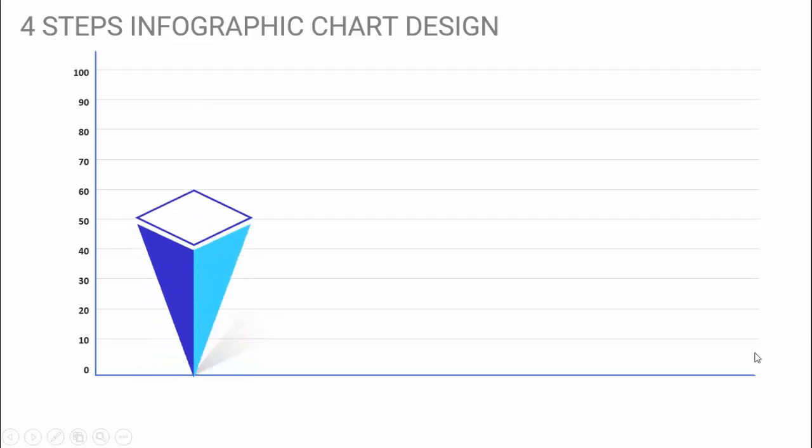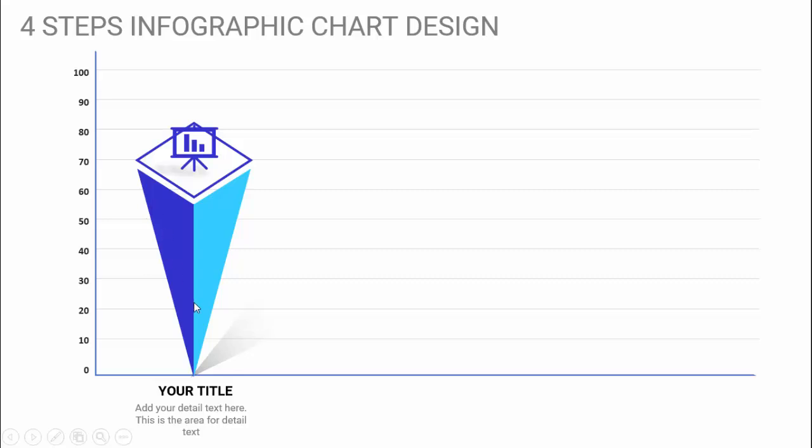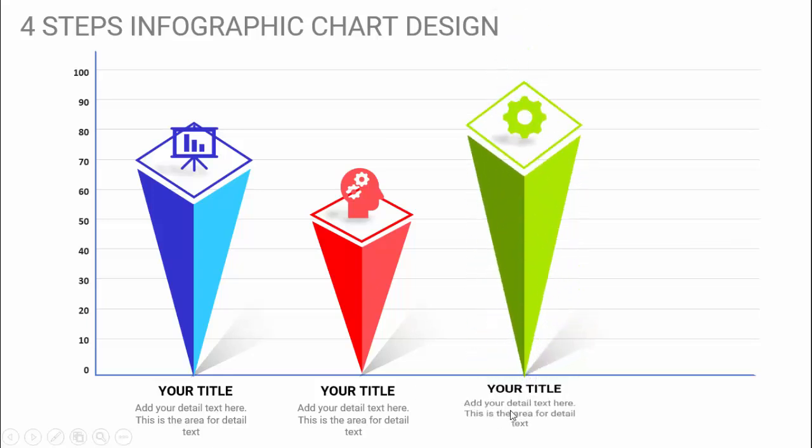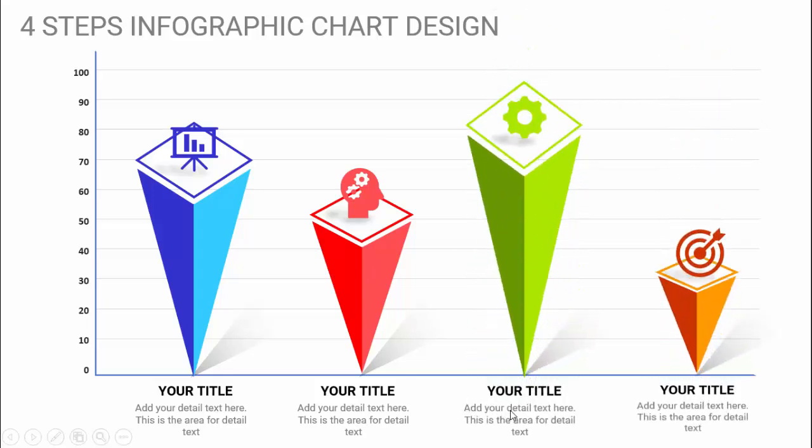And when I click, you can see here the first option comes with different color combinations, an icon, a shadow effect, and then you can add your title and the detailed text. And then when I click, it will show the next one, then the third, and then the fourth. So depending on your requirement, you can just change the colors, or if you want, you can add